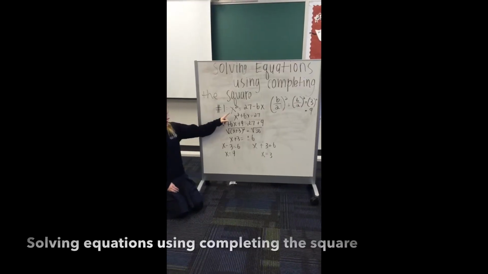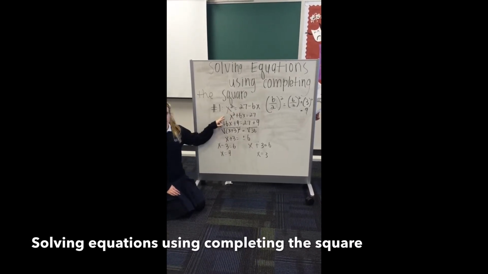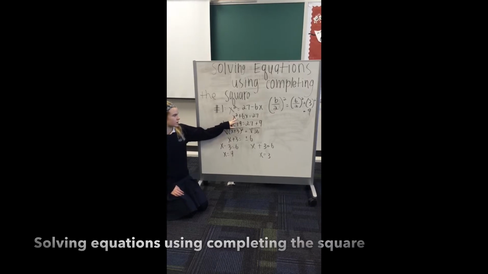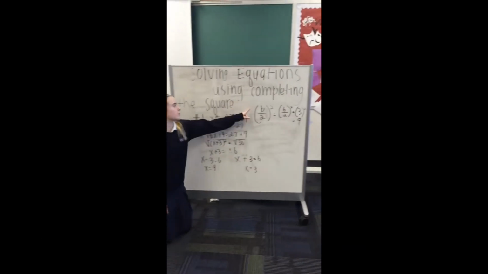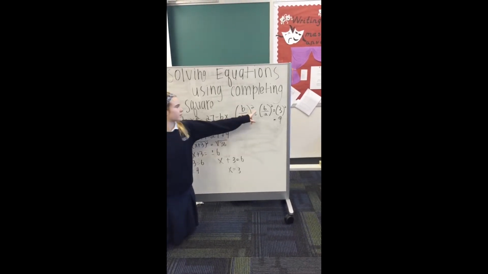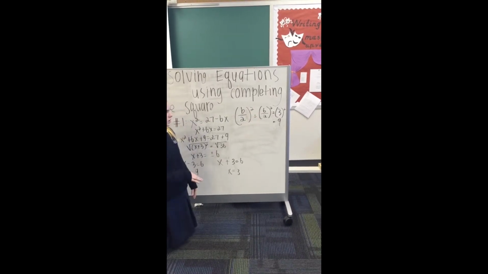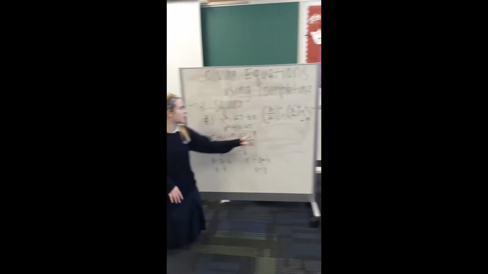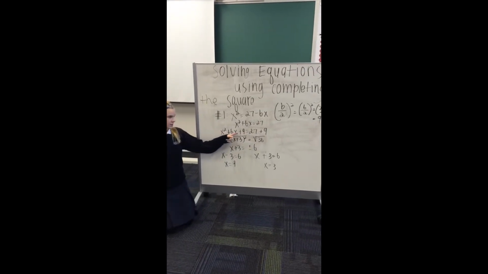The problem is x squared equals 27 minus 6x. So you have to get the x's on the same side. So you get x squared plus 6x equals 27. Then you use the b over 2 squared formula and you plug 6 in for b, and so you get 6 over 2 squared, which equals 3 squared, which equals 9. Then you plug 9 in and add it to each side, so you get x squared plus 6x plus 9